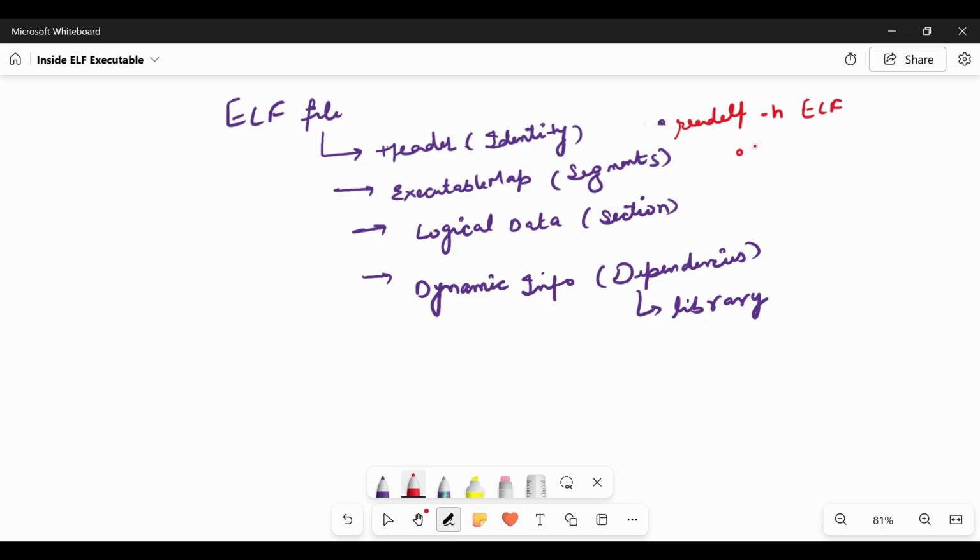Segments or program headers can be inspected by using readelf -l and the ELF file name. Similarly, sections, or logical data, can be inspected by using -S and the ELF file name. Dynamic dependencies can be checked using ldd, or we can also check using readelf -